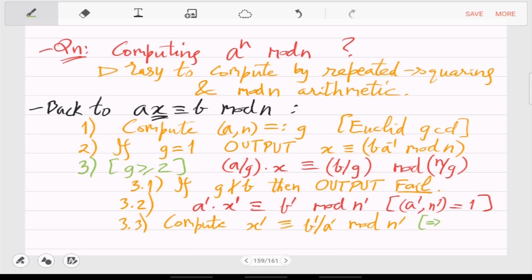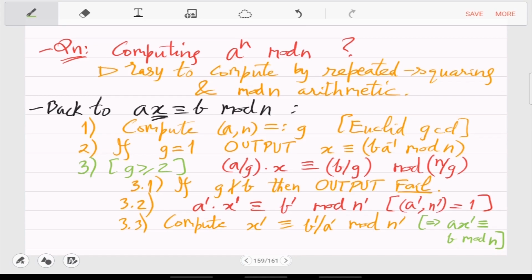You can show that A x prime is B mod N. Okay, so if you calculated A x prime mod N, you will actually get B. So x prime is a valid solution. So you could output x prime at this point and stop the program. But